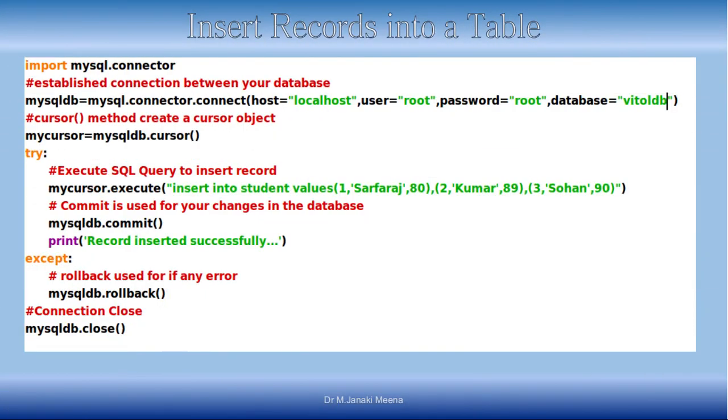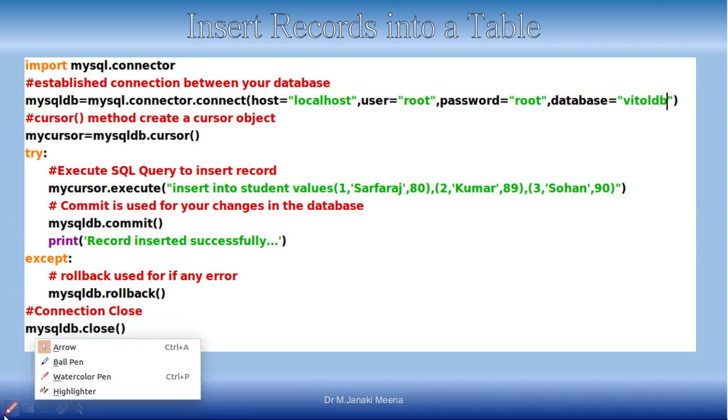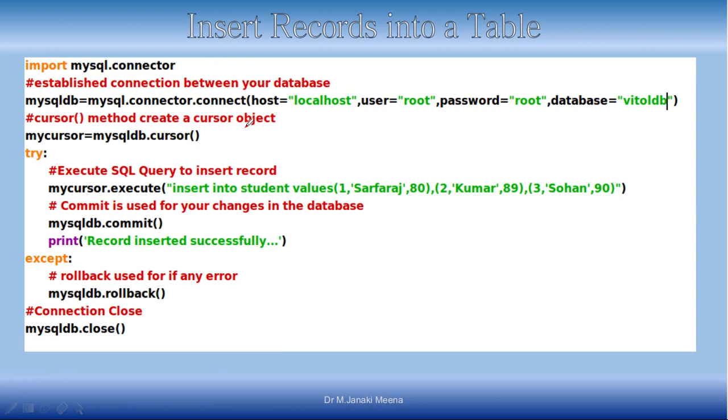Next, what we are going to see is how to insert records in the table. We have created the database. Inside the database, we have created one table. Now, we are going to discuss how to insert values into it, right? So, once again, as I said in the beginning of the session itself, you will have similar procedures only. First thing is import the package, and then you will use the connection string and connect to the MySQL backend server, right? Now I am connecting to a particular database. So I am saying database equal to the name of the database, and then get the cursor object and then execute the command, right?